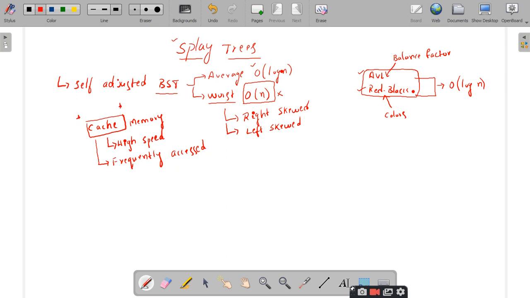Right. So if somebody asks you what is the use of splay trees, whenever we have some frequently accessed data members, it is better that you choose the splay tree for storing the data. Whatever data is to be accessed is kept as the root node. That process of placing a node as the root node is called the splaying operation. Very important. That is the reason why we call them splay trees, right? What is the extra operation we have to do here?